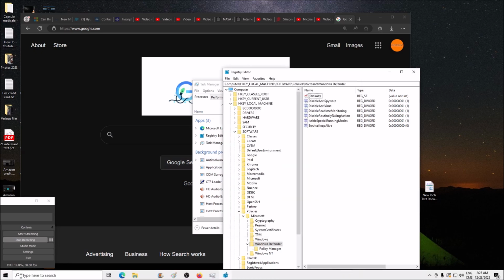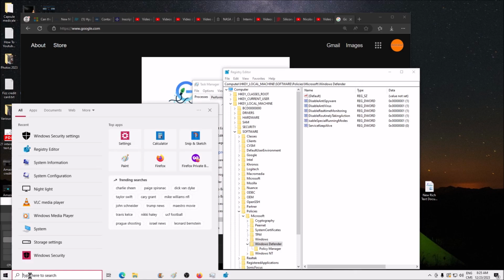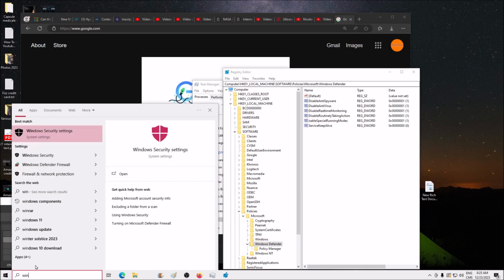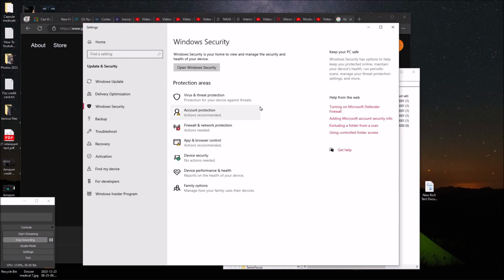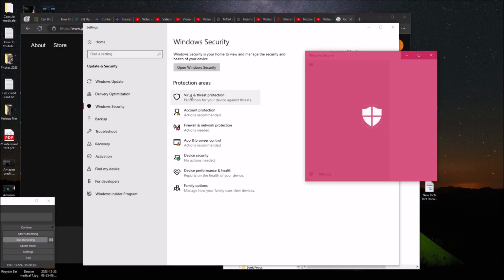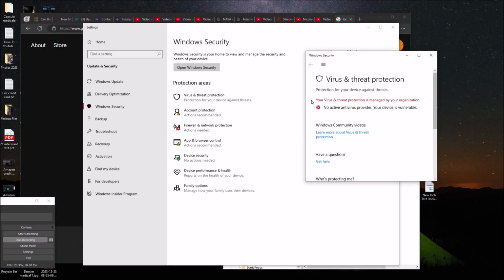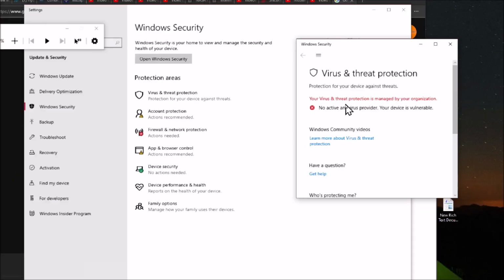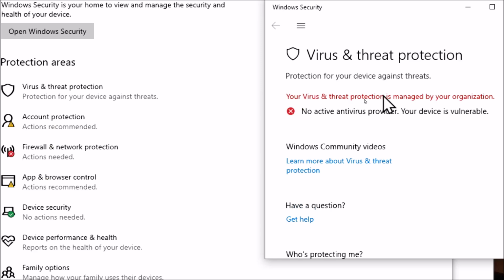I can show something. Type here win for Windows and select Windows security settings. This is the anti-malware or the antivirus. Select here, click virus and threat protection, and you will see it says, let's see if I can zoom this out, your virus and threat protection is managed by your organization.